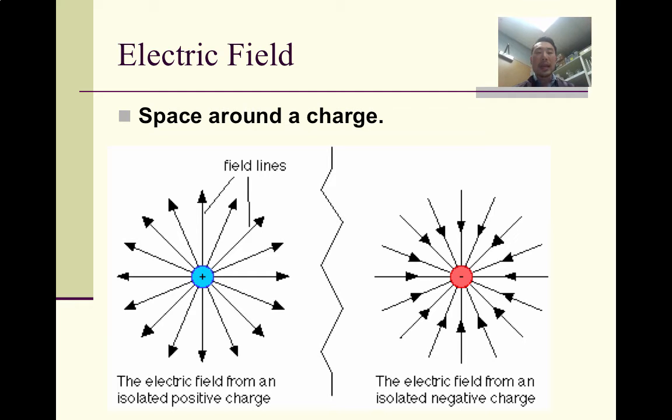Now, the E field is the area around a charge. As you can see in the presentation, we have a positive blue charge and we have a negative red charge. Notice how the positive blue has E field lines coming out of it and the red one has E field lines going towards it. Okay, and that's going to actually help us explain why like charges repel and unlike charges